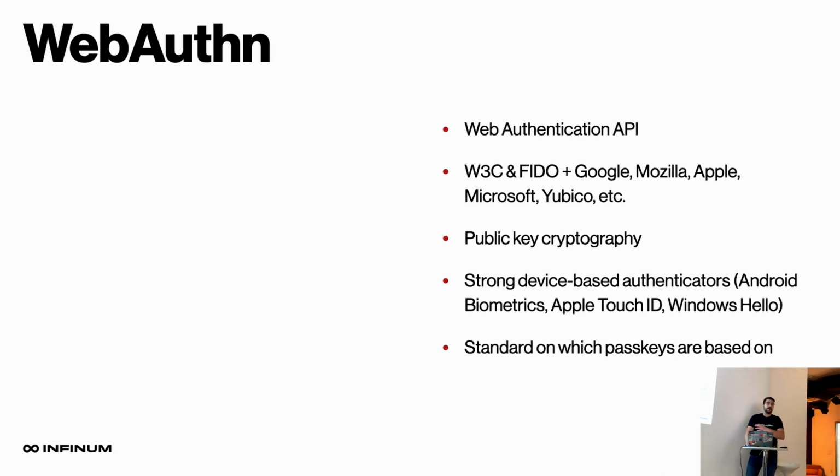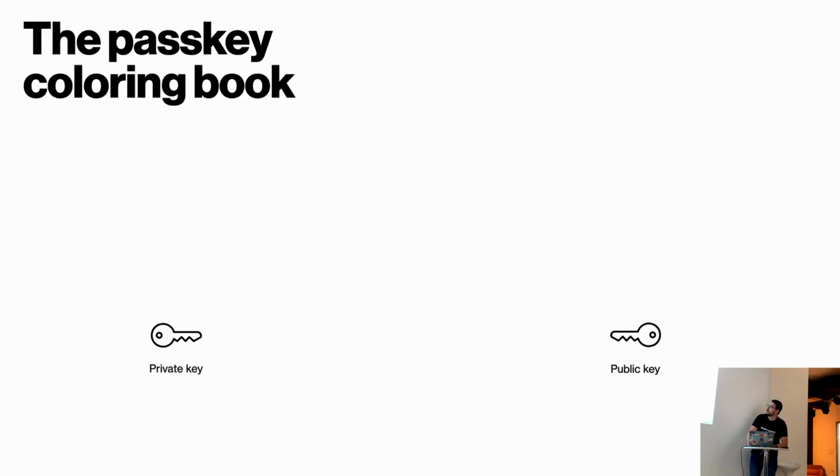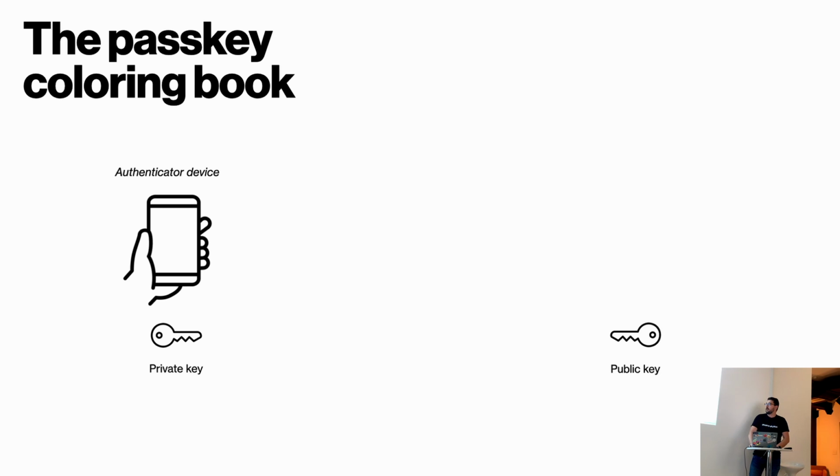So now that we know that, let's see what passkeys are conceptually. The coloring book for passkeys: you're going to have a private and public key pair. With that, you need that authenticator device. The private key of the pair lives on that authenticator device and never leaves that device, which is a very important fact.